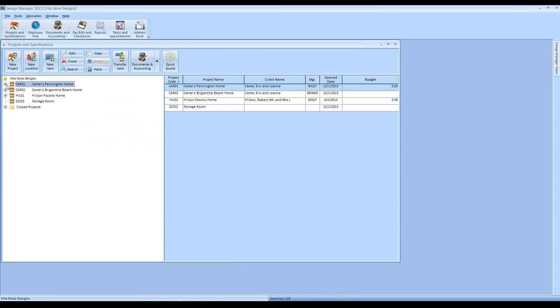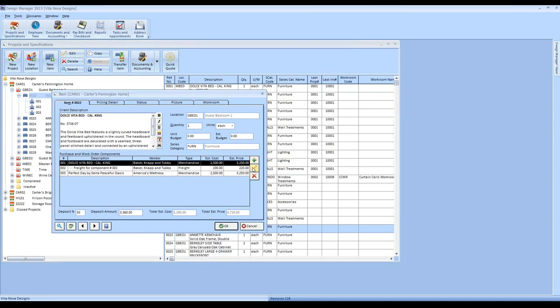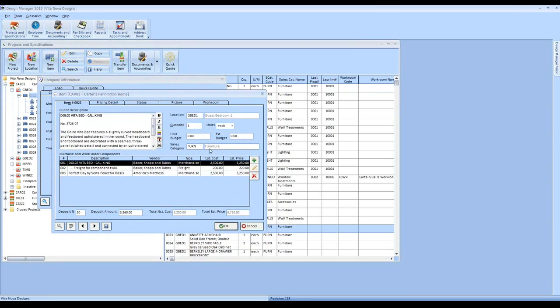Component types are on our component window, and they allow us to classify the component, sort of answering the question, what is the purpose of this particular component for this item? Is it some of the merchandise? Is it freight? Is it crating? Is it shipping, installation, design fee, etc.? So we can classify the component with a component type, and we can also classify the item itself using our